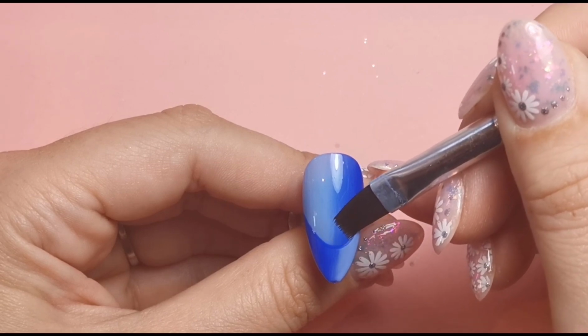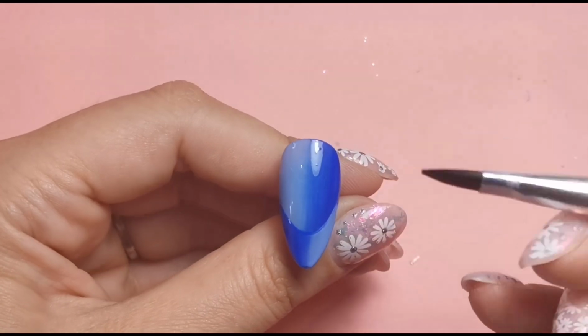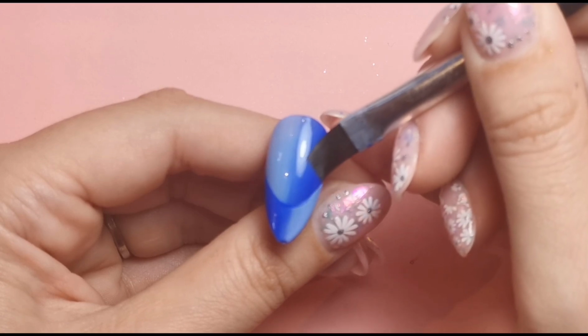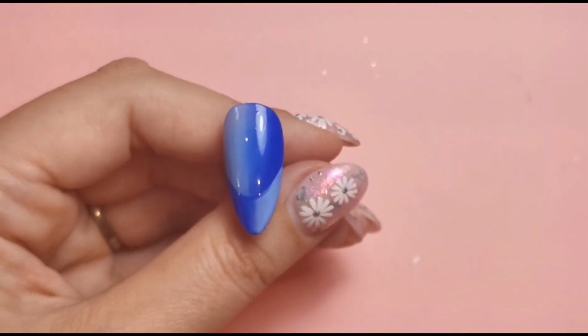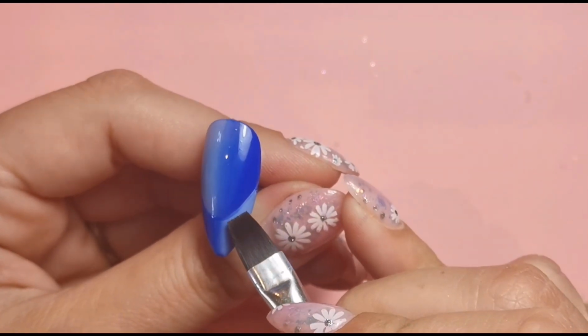Like so. Do you know what? I don't think that's actually gone all that bad. So that's good. You just need to clean this side up a little bit more. There we go. And then this area here is a bit darker. So I'm going to clean off my brush, get a little bit of the lighter colour on it, and then